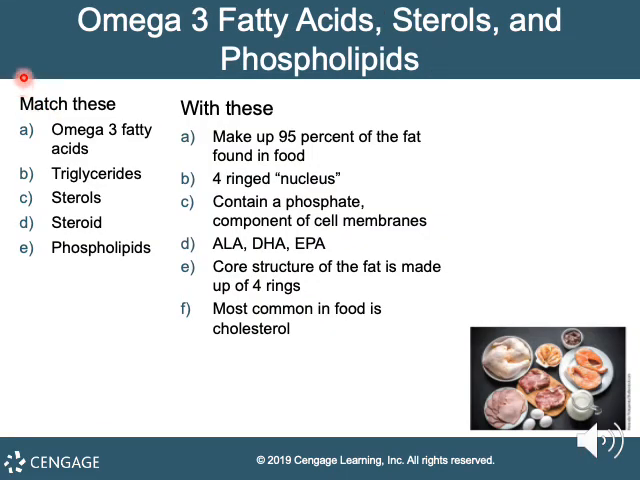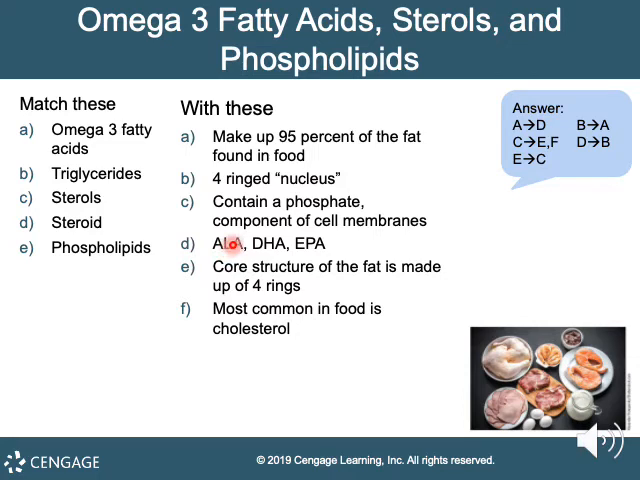This slide is to test your knowledge of omega-3 fatty acids, sterols, and phospholipids by matching the term on the left with the phrase on the right. Omega-3 fatty acids are your ALA or alpha-linolenic acid, DHA, and EPA. Alpha-linolenic acid is found in your plant sources such as flaxseed, nuts such as walnuts, dark green